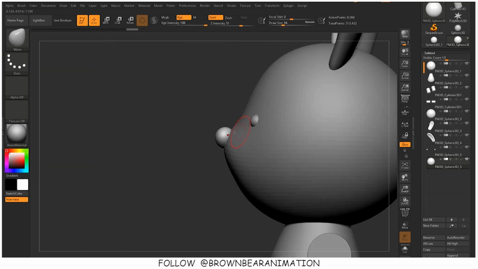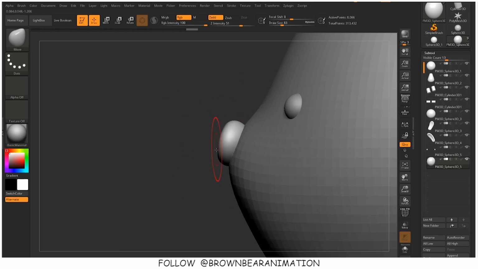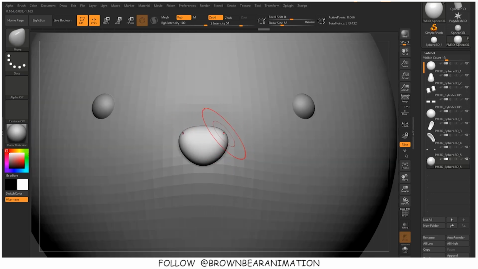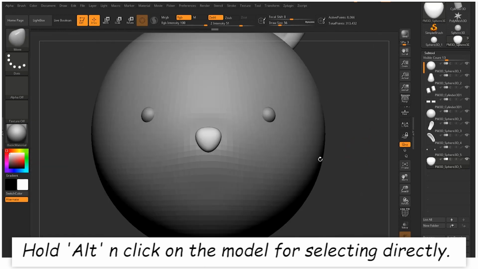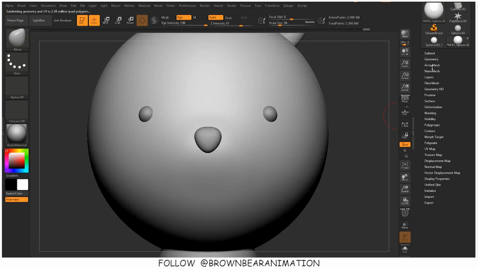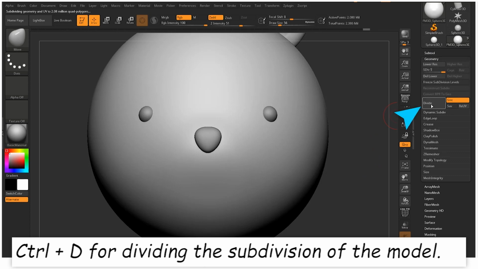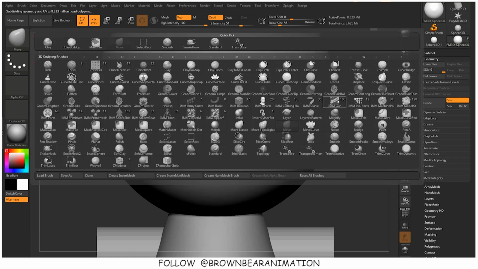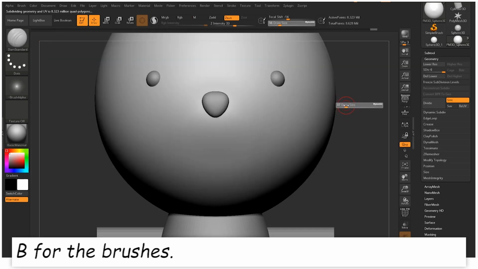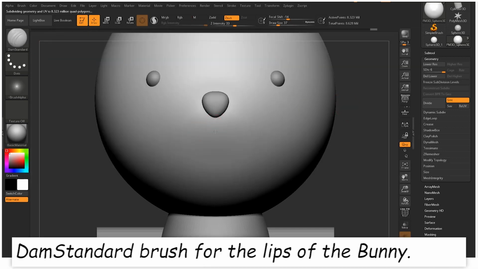This is your choice. Move at whatever stage, whatever part you want to move. If you want to focus on the head first, you can always go for it, and if you want to focus on the body first, then you can sculpt the body first. There is no particular rule that this sculpt has to be done like this.